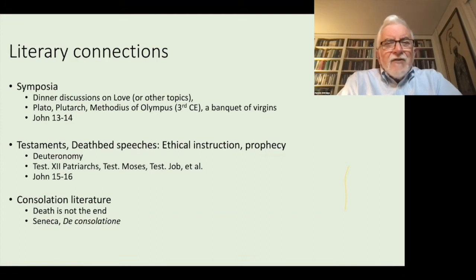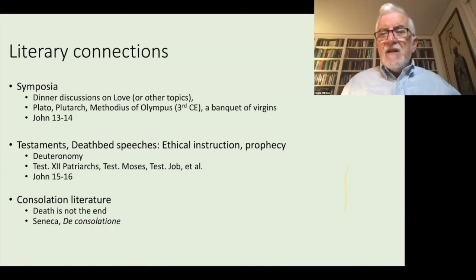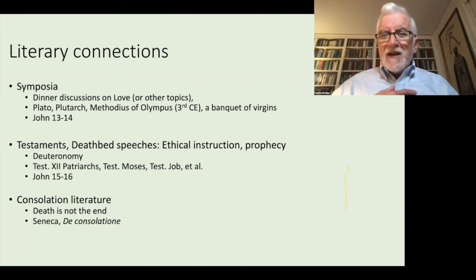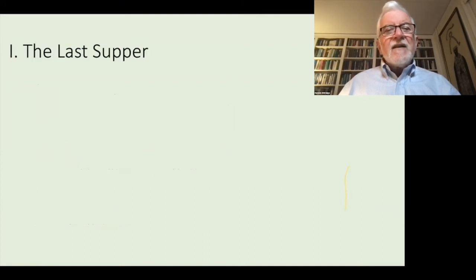And then there's at least a connection with a theme that runs through consolation literature. That is literature that largely philosophers write to people who have lost a loved one, to a wife or some other person who has lost a member of the family. And a philosopher will say, relax, it's not the end, or there's a better hope for the person, or we all have this to worry about. Yes, but there's immortality. So, there are all sorts of ways in which one can offer consolation. But that too is an element of the literary tradition that John is weaving in. So all of these things get combined into the story of the Last Supper and Jesus's last discourse.